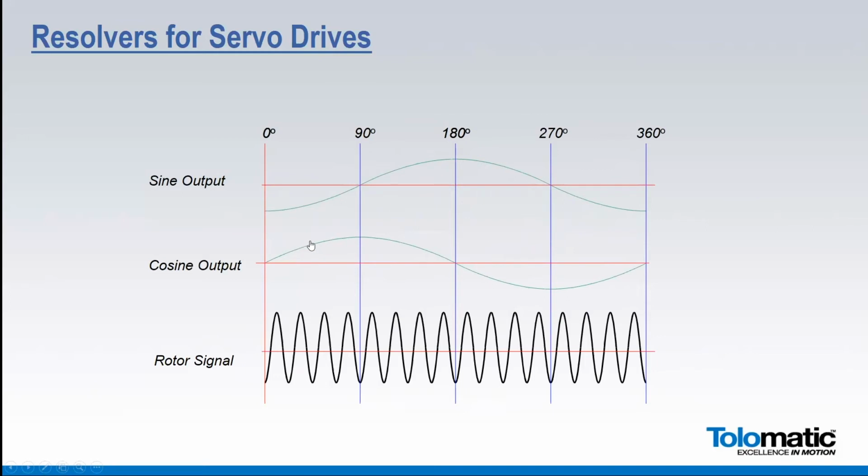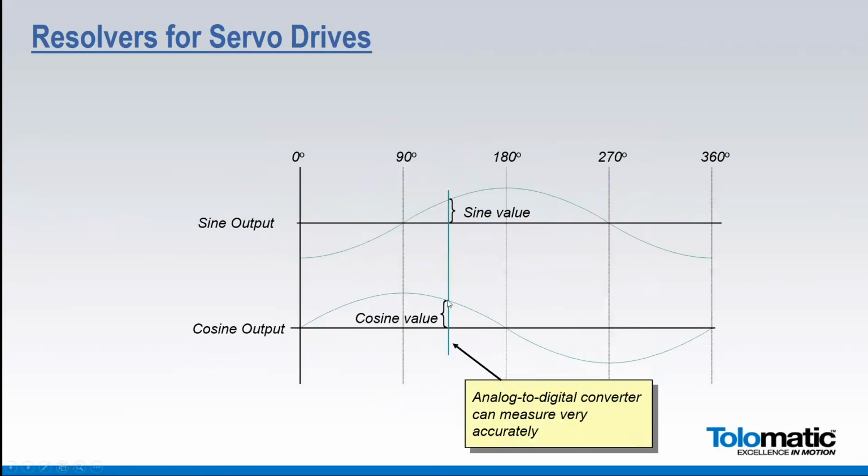And what that does is that they have a different value for anywhere over the 360 degrees of revolution. And that means you have an absolute feedback device over one revolution. And so what manufacturers do is they measure the value of the cosine and the sine with high resolution analog to digital converters. And what that does is it gives you a very high resolution way of measuring the